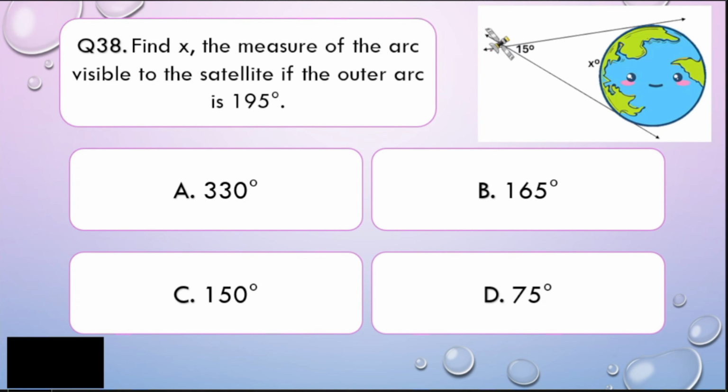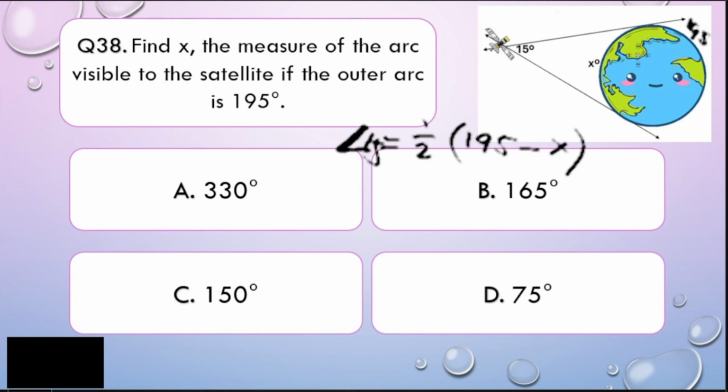Alright, my dear math learners, in order for you to understand this question, we can apply what we have learned earlier. So, this outer arc is 195 degrees. So remember that this inscribed angle is equal to 1/2 times the difference of the bigger arc minus x, okay. So basically, my dear math learners, we already know that this is a whole circle, right? So we can just subtract 360 minus 195. So we can shortcut with the following solution, okay? Because this one is angle 15.